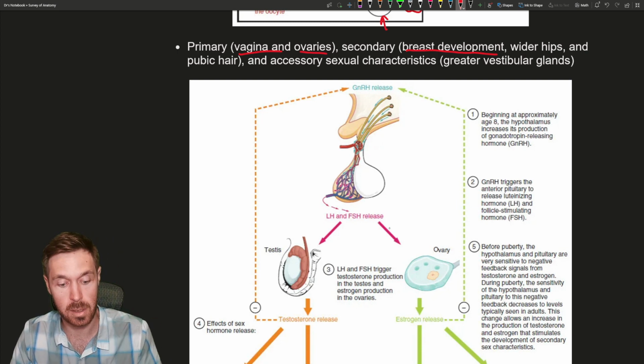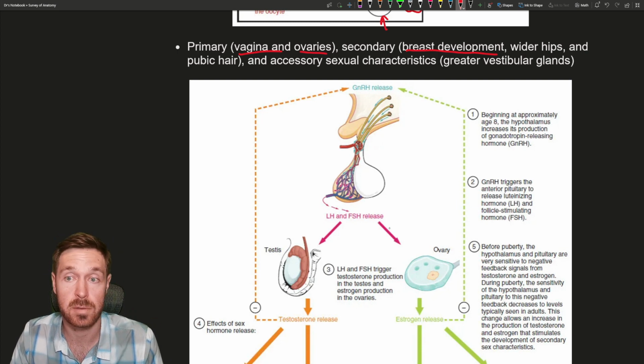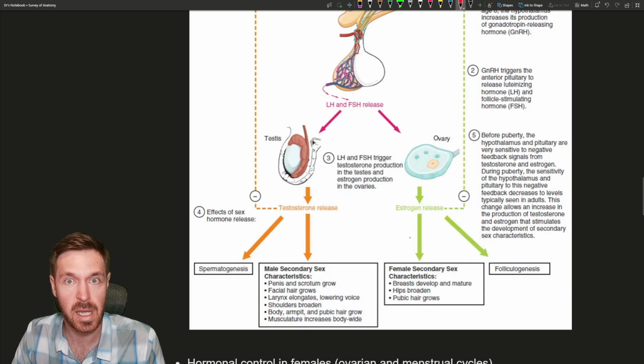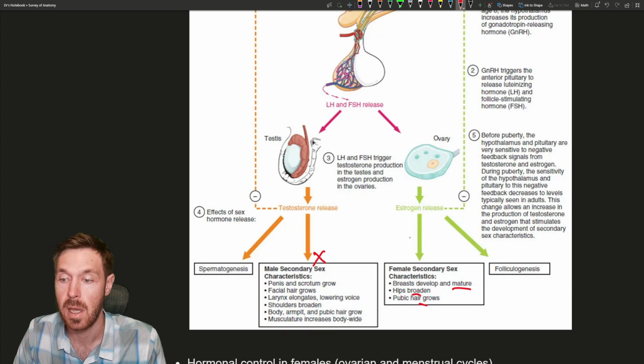During pregnancy, there is breast growth because of increased milk production. Then also wider hips for childbirth and pubic hair. We talked about the male ones last time, so now the female ones: breast development and maturity, hips broaden, pubic hair grows, and also